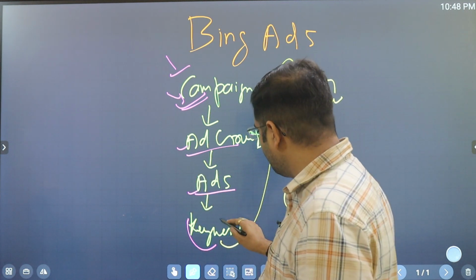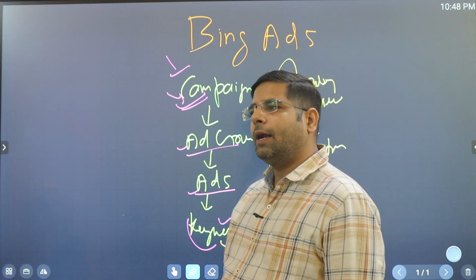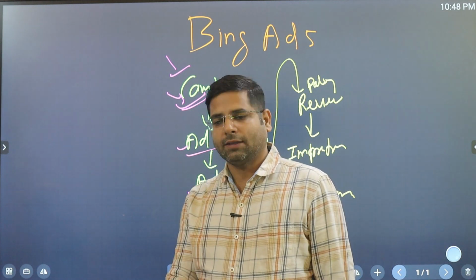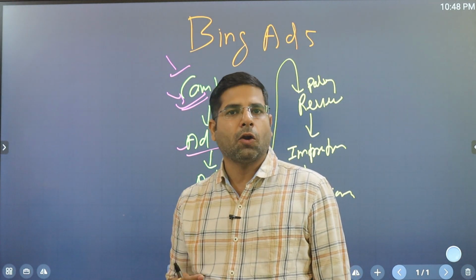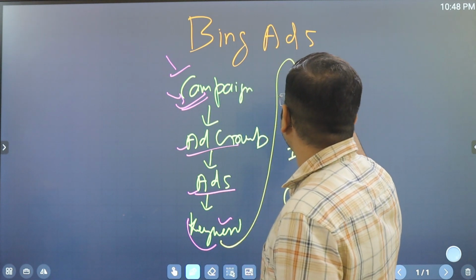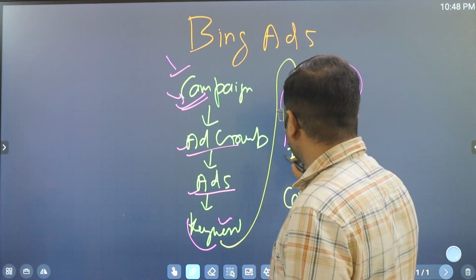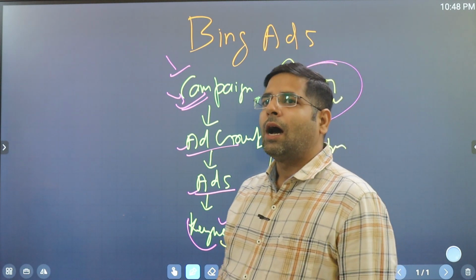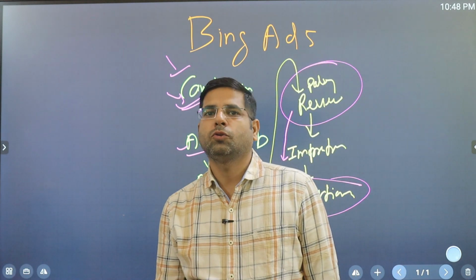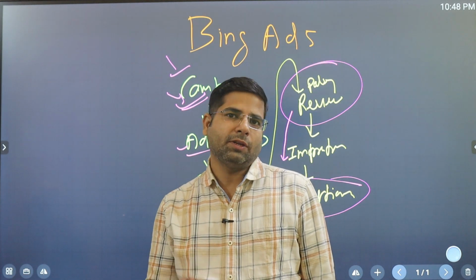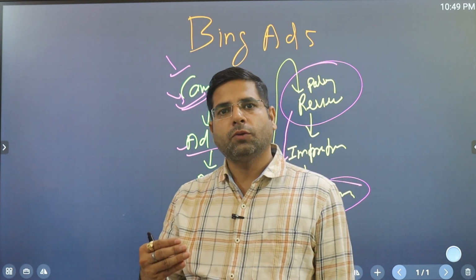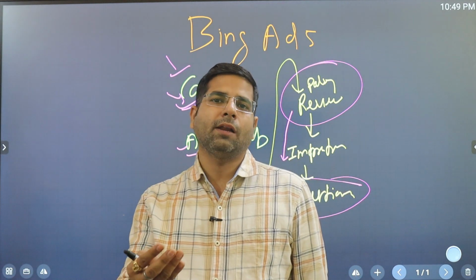Then you go for keyword mapping, and you can target keywords according to your business, services, products or targeted locations. Then your ad goes through policy review, then you will receive impressions, and then you go for conversion. Conversion again depends on your targeted choices: calls, leads, bookings or others. So let me discuss a few points on how you can set up the campaign on the Bing platform.